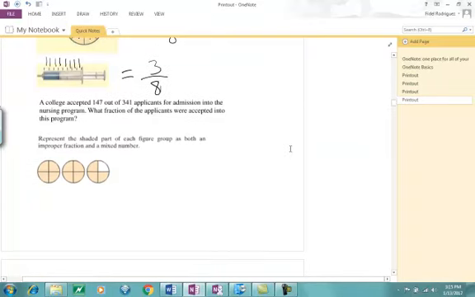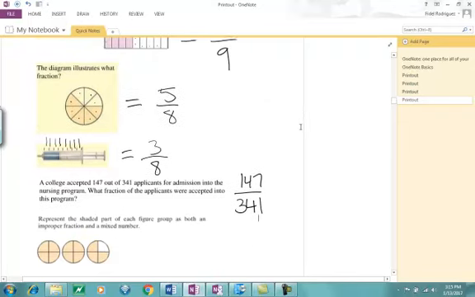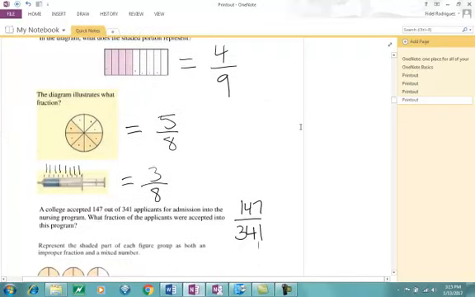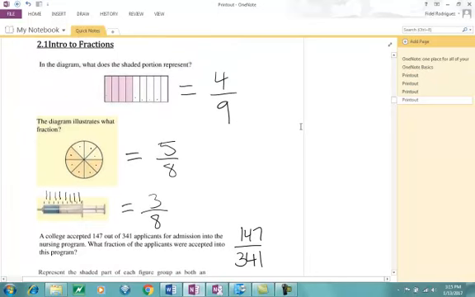The next part that I have here says a college accepted 147 out of 341 applicants for admission into the nursing program. What fraction of the applicants were accepted into this program? Well, we took 147 out of a total of 341. Now, what I want to point out about these 4 fractions that we have here, these are what we call